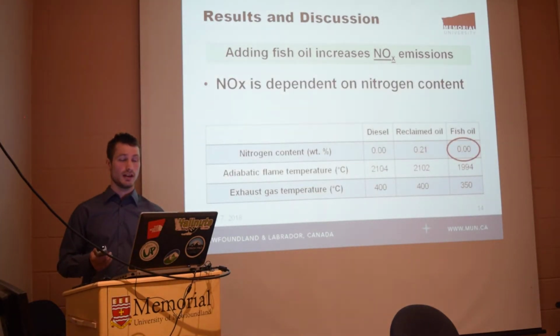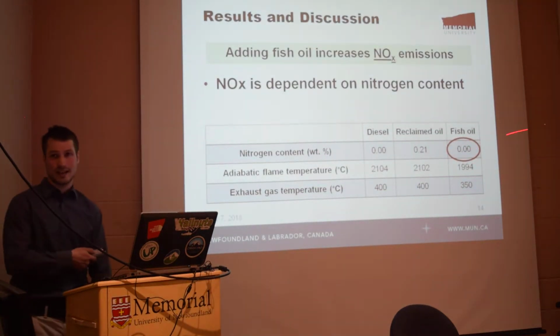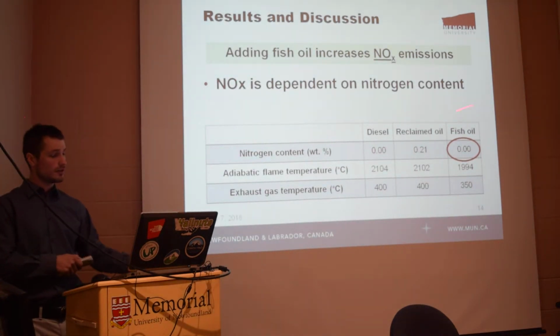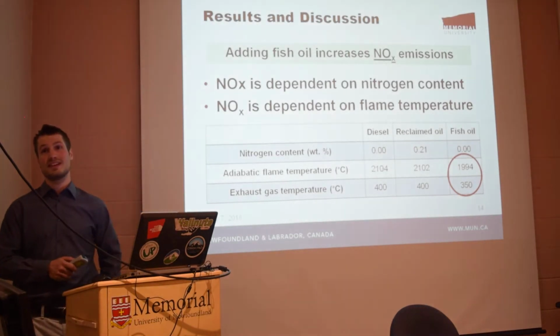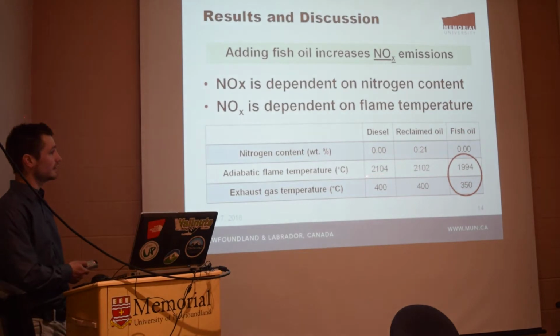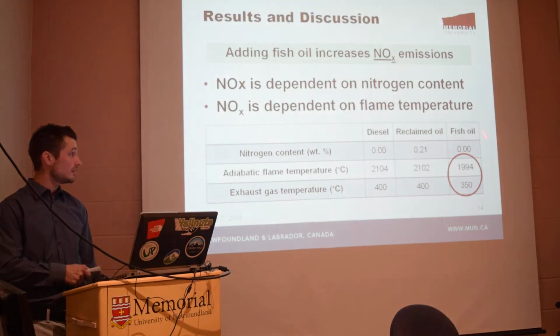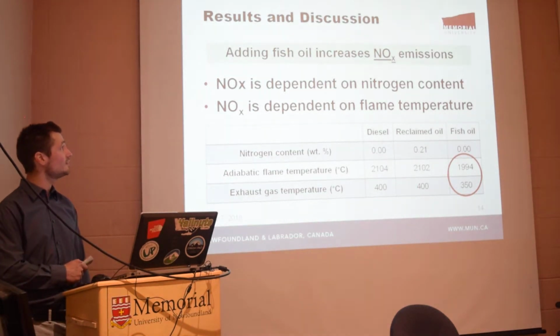The third point is adding fish oil to reclaimed oil increases nitrogen oxides, or nitrous oxides, emissions. And it's because nitrous oxides are dependent on nitrogen content. But here, fish oil has low nitrogen content, so that doesn't make sense. But after further research, there's a more prominent source of nitrous oxide in combustion, and it's more dependent on flame temperature than it is on nitrogen content. And you can see that the calculated adiabatic flame temperature is much lower for fish oil than for reclaimed oil and diesel, as well as the measured exhaust gas temperatures of the furnace itself, where fish oil was also lower than reclaimed and diesel. This leads to a conclusion which is similar to other research that